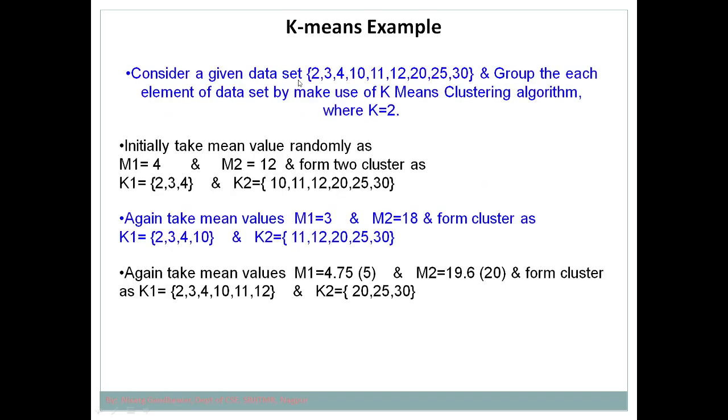So in this way we have partitioned all the elements into two clusters as given in the example. Now while solving another example, you need to follow the same process. The only thing is that you will be given different data elements and the value of k is different. So according to that, maybe the value of k is 2, 3, 4, 5 and so on. So in this way you have to solve the k-means example.